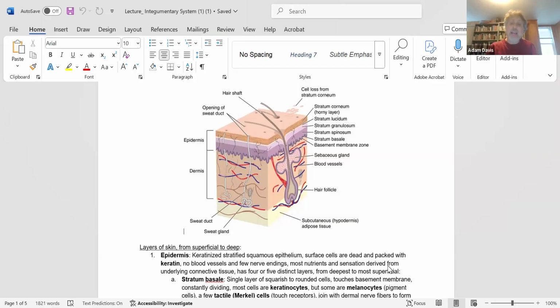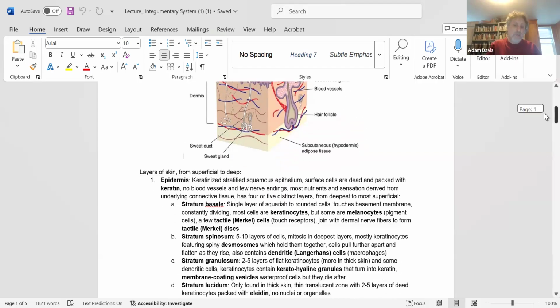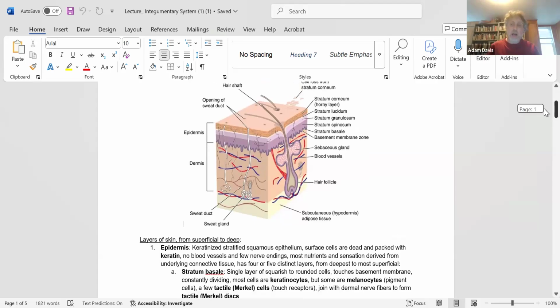And so the tactile disc, the word tactile means sensitive to touch. So that name tells you what it does. The name Merkel disc, which is a so-called eponymous name, all that tells you is that it was named after somebody named Merkel. Well, as much as I'm a historian and a history buff, which you've all gathered by now, who you've had me for class before,